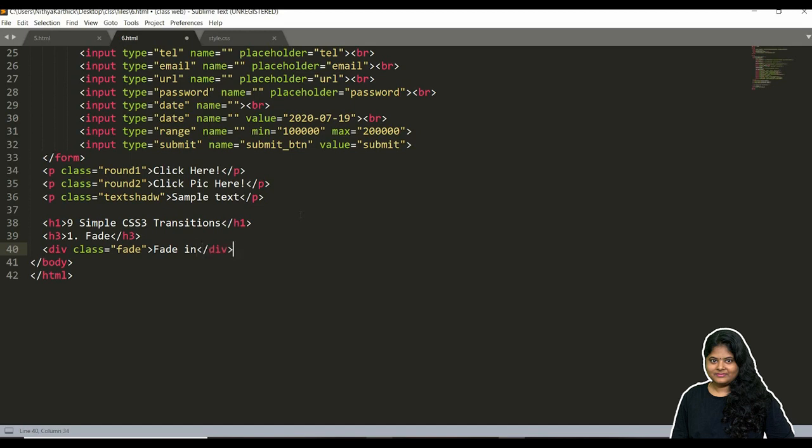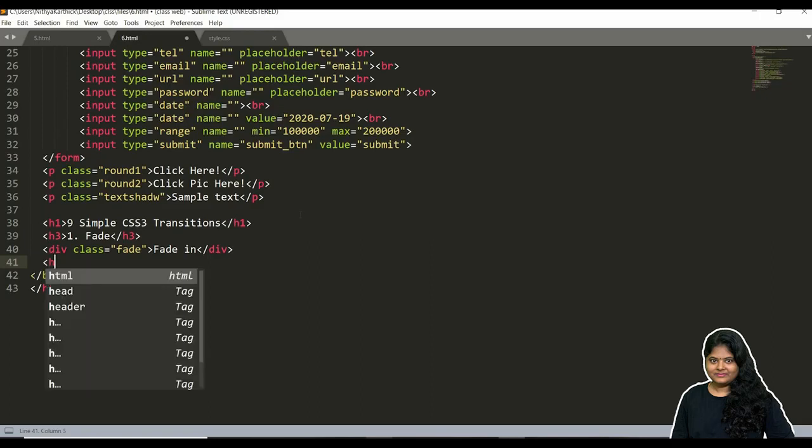I'm just closing the div, and then I'm moving on to the next, the second simple way, that is grow.